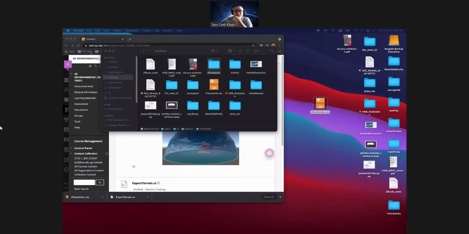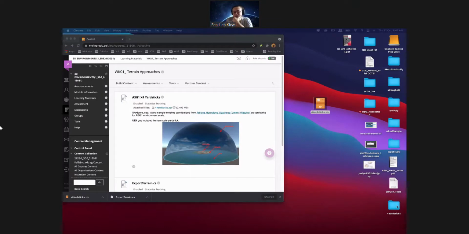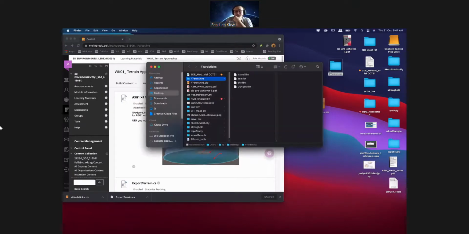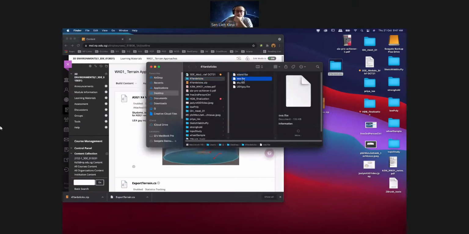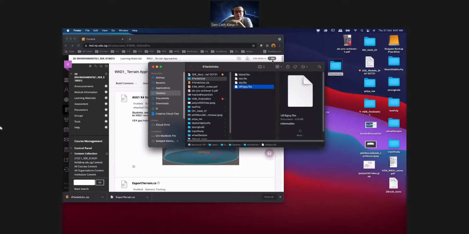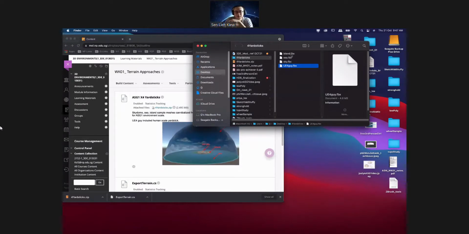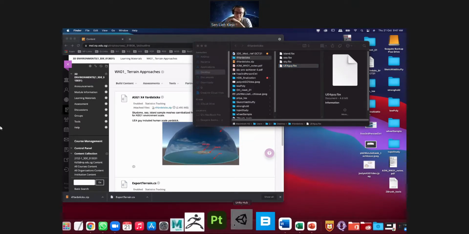So there's actually the island, the sea, the sky, and UE4 guy FBX. And all this, when I exported it out, the embed media is turned on so that the textures are embedded with it. Okay, so if you go into Unity right now,